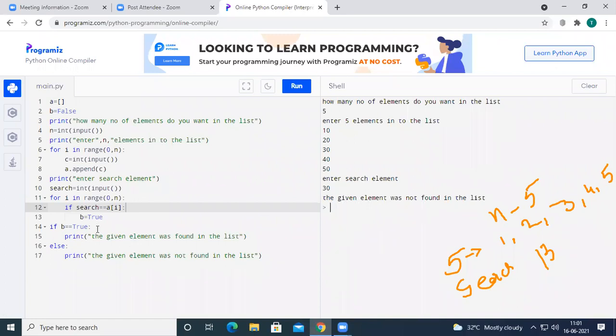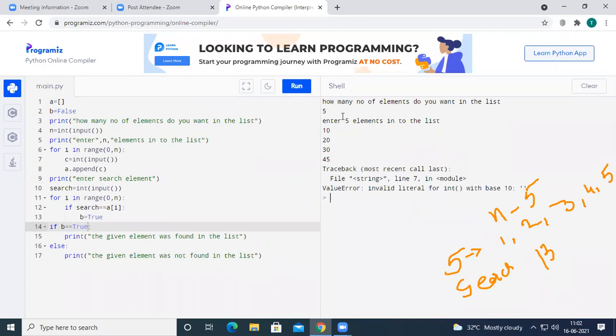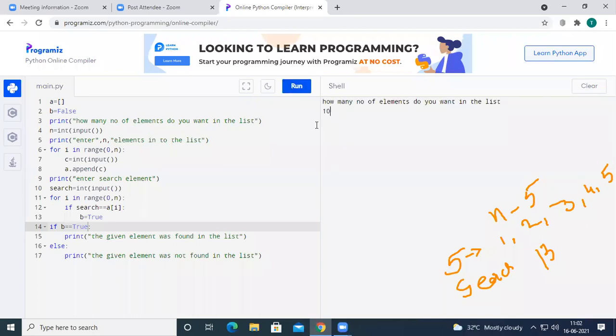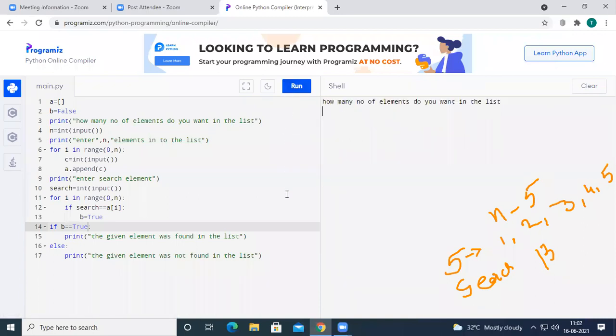Just a second, I think we have made some mistake here.